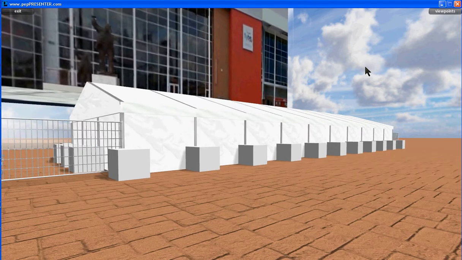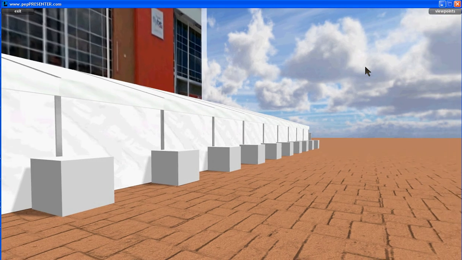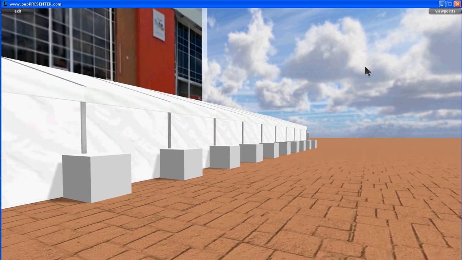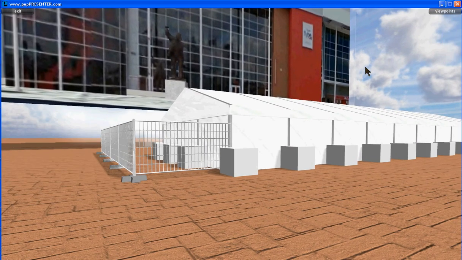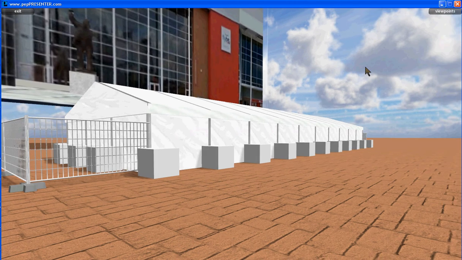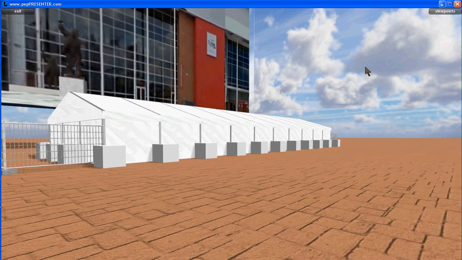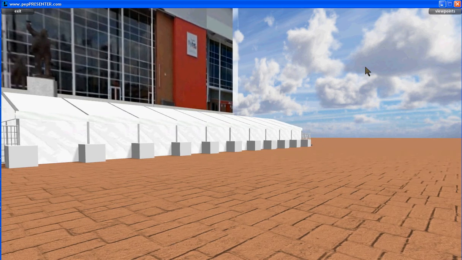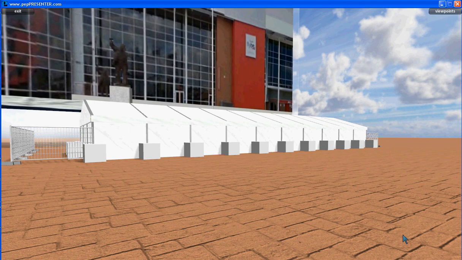So I've shown these PVC covered water ballast tanks around the outside, just to show the event's customer how it's going to look. They're drawn to scale. There's lots of them. It's just to be sure that they know how it's going to look. Okay, enough gabbling. You get the idea. Thank you for watching my